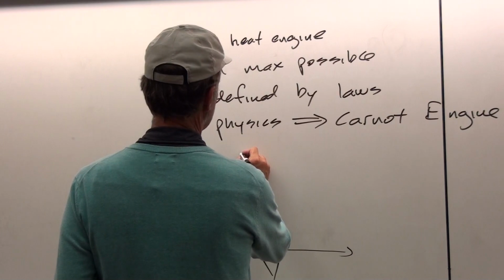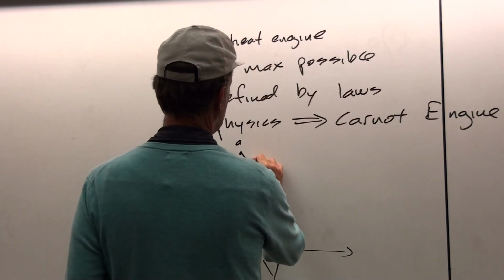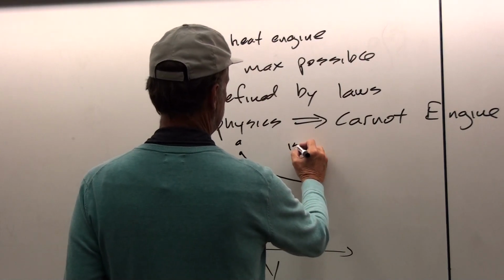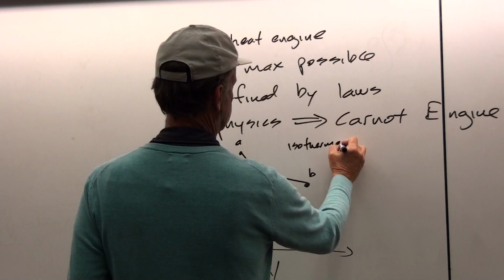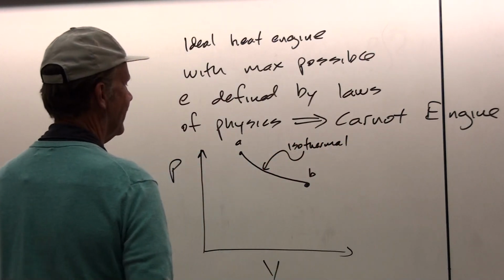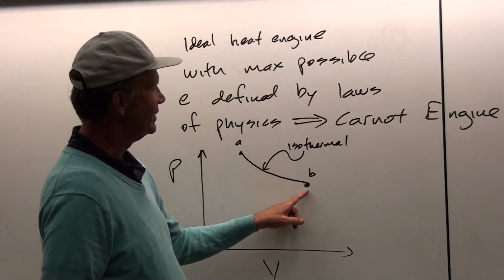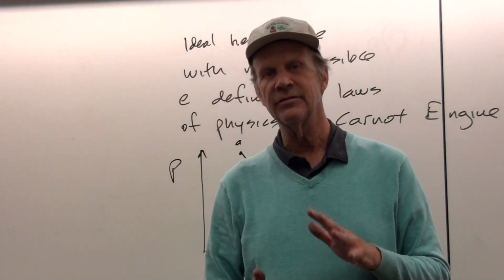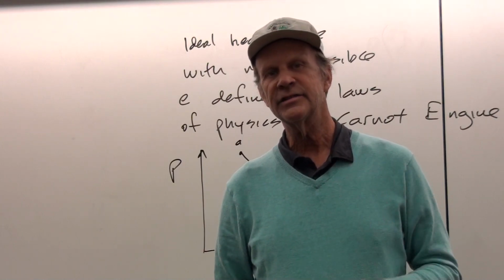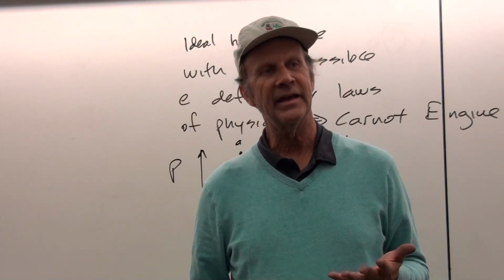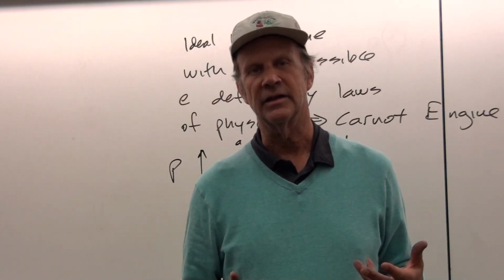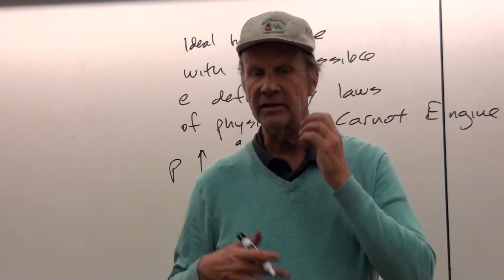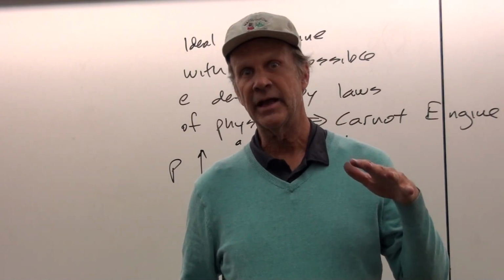And so in a Carnot engine, if we go from point A to point B, this is isothermal. So this is the part that takes a long time. If we have an isothermal expansion, you have to maintain thermal equilibrium with the environment while the heat is being exchanged. And so for that to happen, the process has to go very slowly. Otherwise, you can't maintain thermal equilibrium. If you have a difference in temperature, that'll speed up the process of expansion.